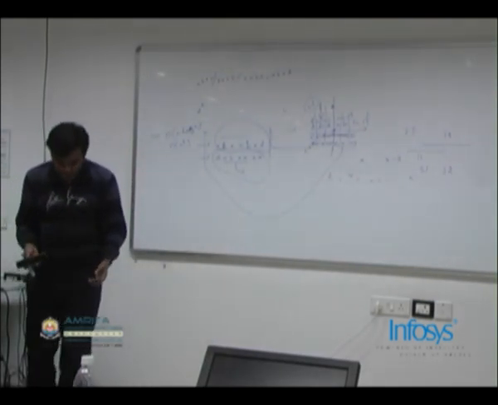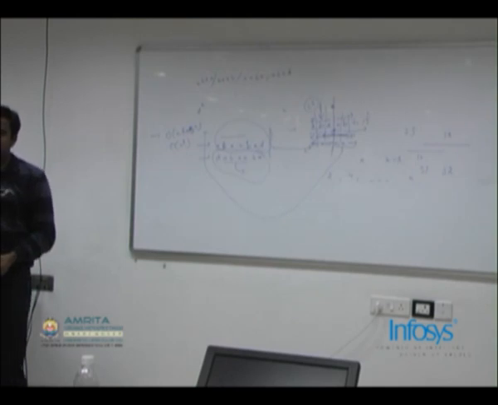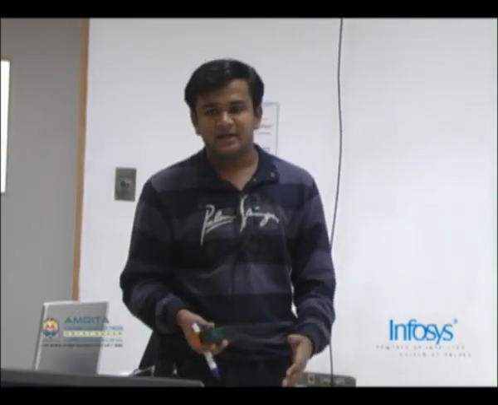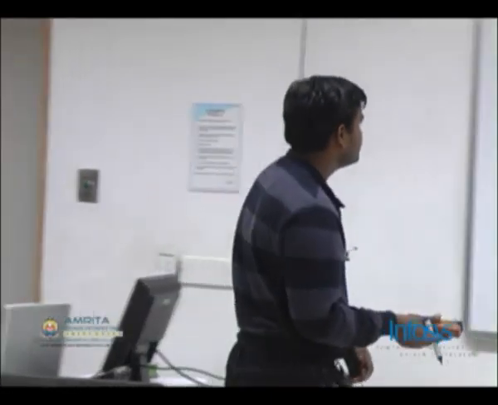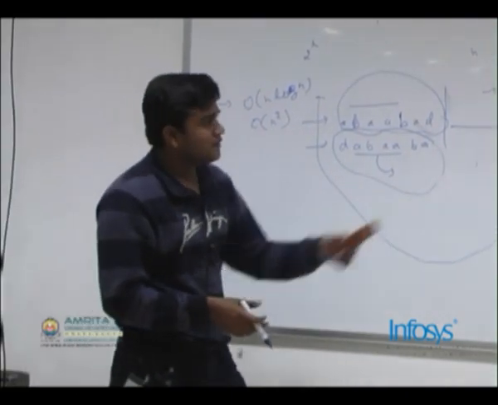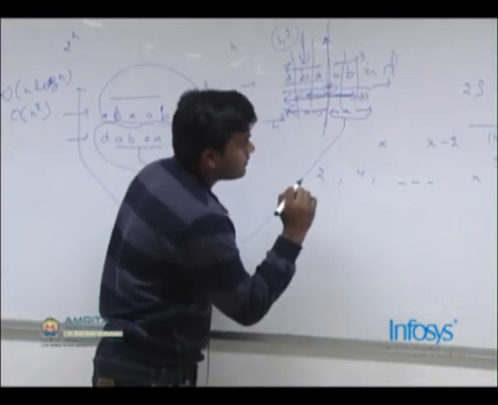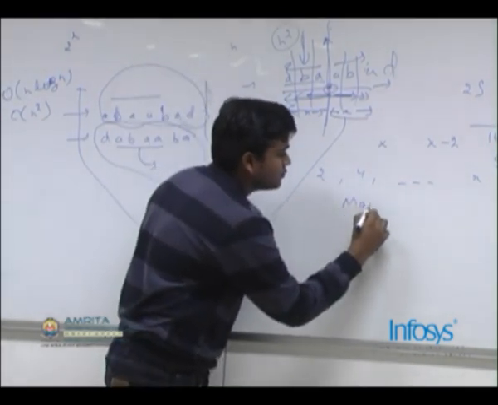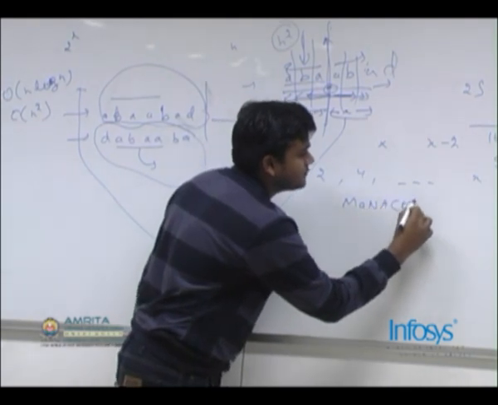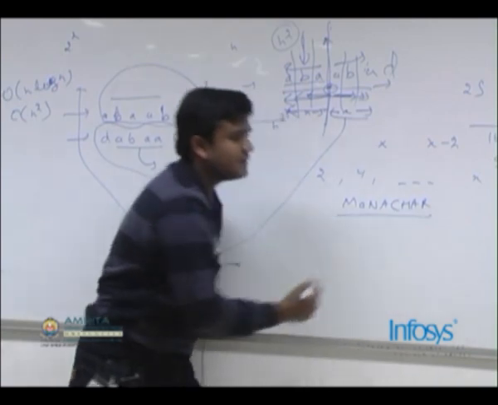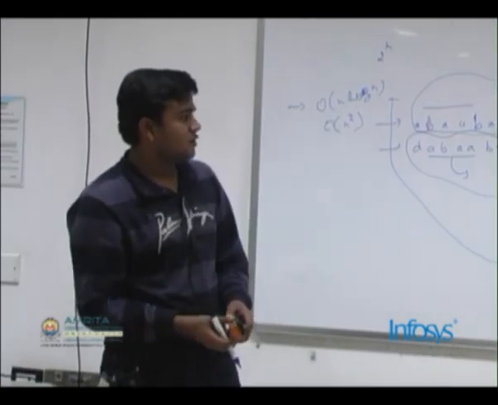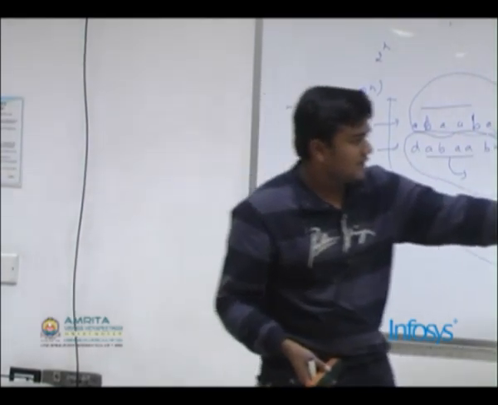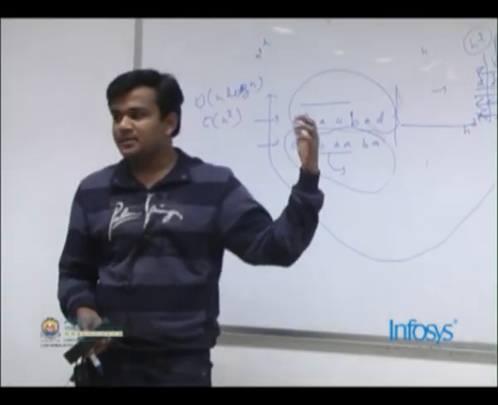There are some problems which will have huge input set and will particularly test whether you can write order n or not. But they are very few and they are not usually present in good contests. If you want, you can look up this particular problem. The algorithm, as far as I remember, which you should be reading for this is Manacher's algorithm. The reference for this algorithm is a book called Jewels of Stringology. There is a chapter in that book in which you will find this algorithm, and you can use this to solve the problem in order n.